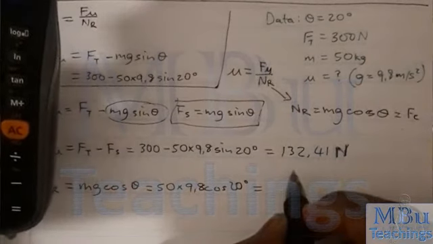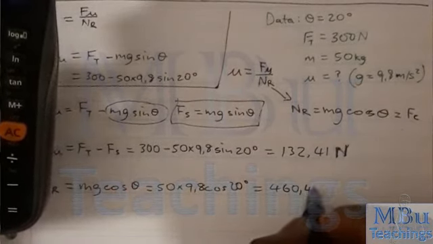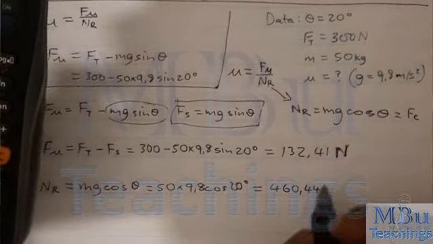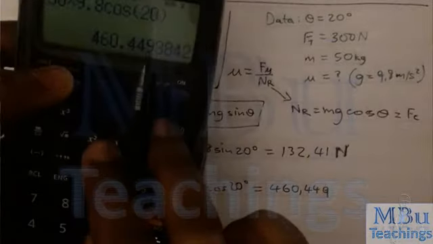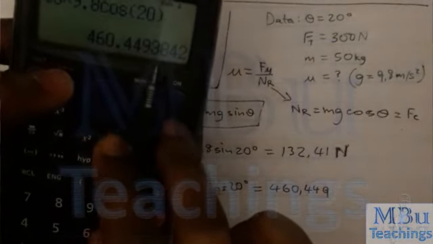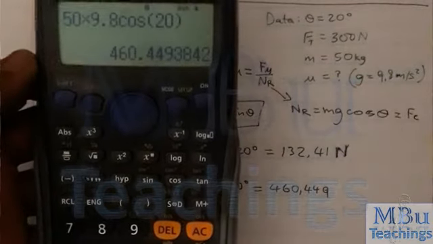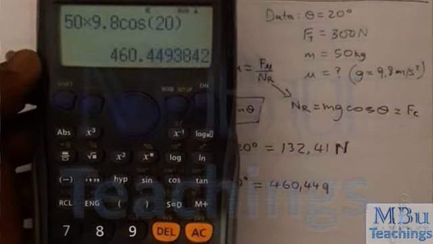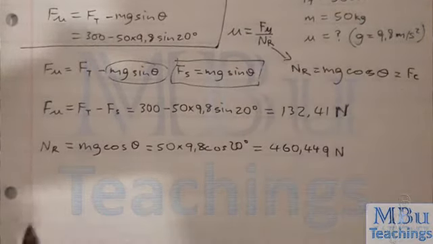So the answer is 400. After the 9 it's 3, so that means there is no change. We'll keep it as it is. So that's what we will end up with. It is measured in newtons. Then we can come to our